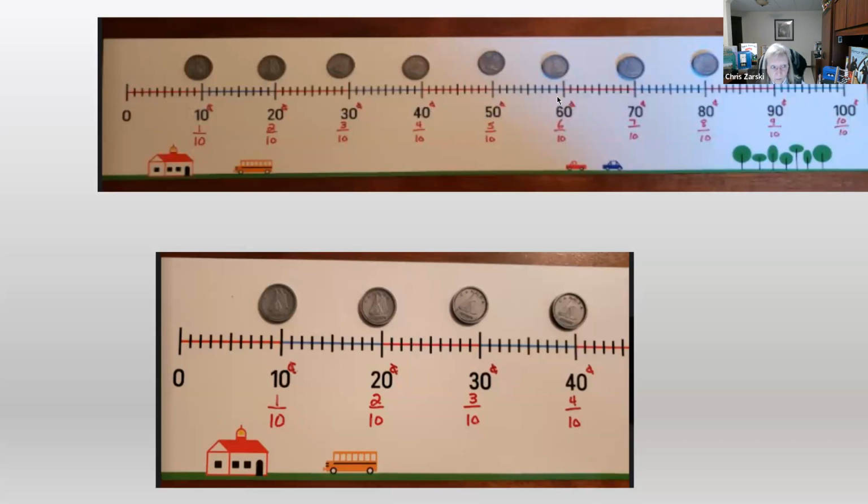So this is my 1/10 hop from 0, and each hop I make after that is still 1/10, 1/10, 1/10, 1/10, 1/10, 1/10, 1/10. Some students will count those and write them like that. They'll go, this is my first 1/10 hop. Here's my second 1/10 hop. So they'll go second, 2, and put 1/10 behind it. It's like 2 times 1/10, same thing. Some students just write it like this, whatever works for them, okay? And however you want to start showing them that.